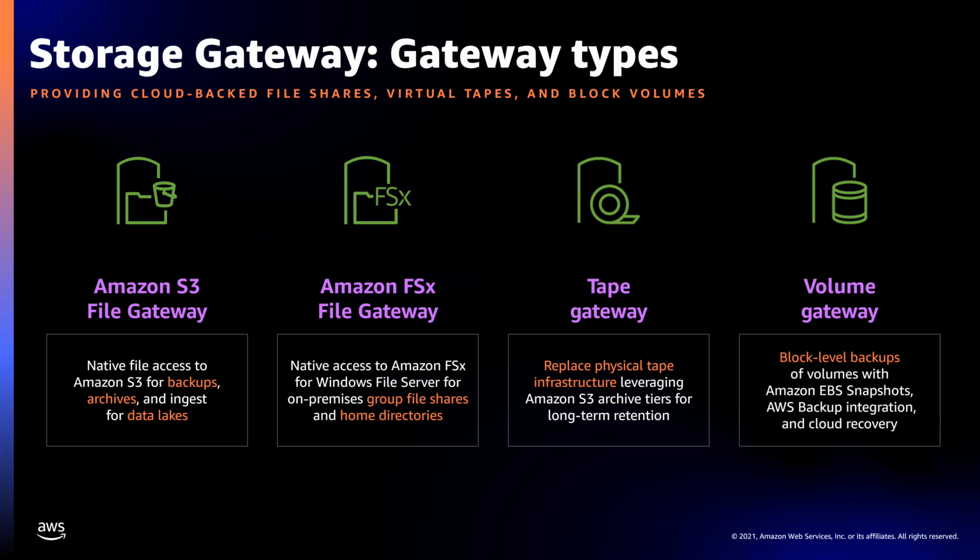It hooks in with a lot of the standard third-party software out there for doing tape storage. So things like Dell and Beam and so forth. And then the fourth one there is Volume Gateway. So this is block level backups of volume. So these are iSCSI interfaces that are created by the Volume Gateway. It allows you then to hook into that. And then the Volume Gateway will take care of managing those backups to AWS.